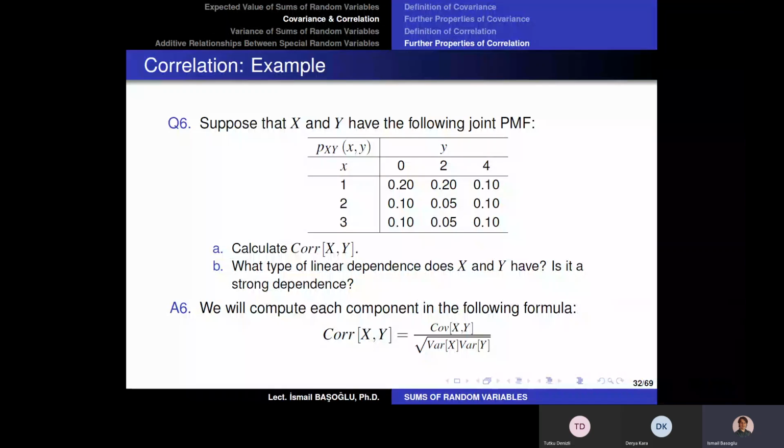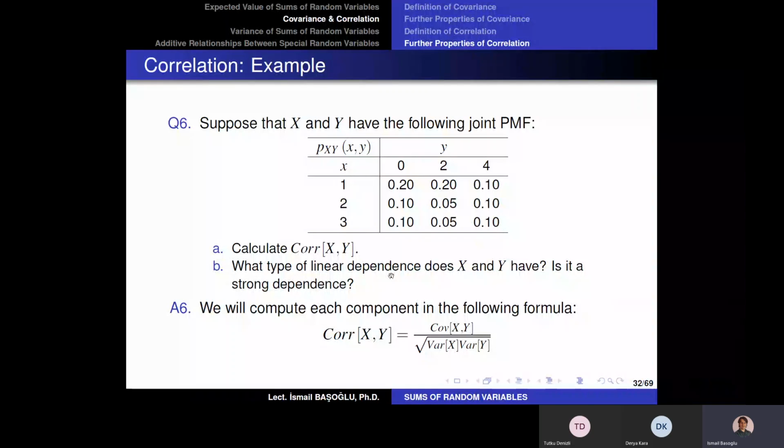We have learned the definition of correlation, and correlation requires the calculation of covariance. Now here again we have the joint probability mass function that belongs to random variable x and random variable y. In this table we have the joint probability mass values. We are going to calculate the correlation of x and y this time, and then after calculating the correlation, we